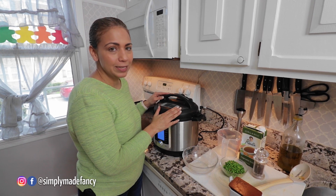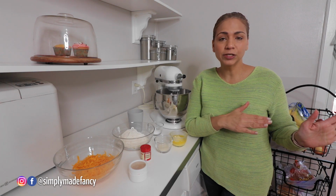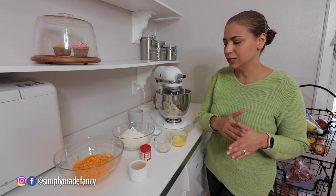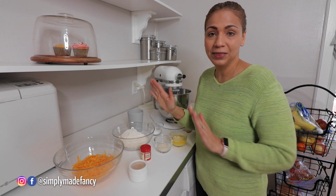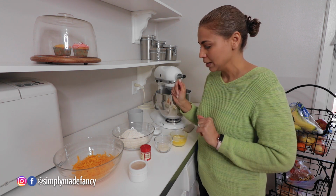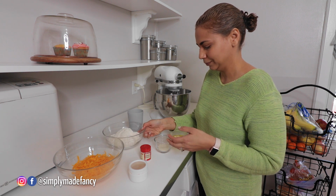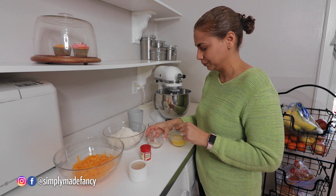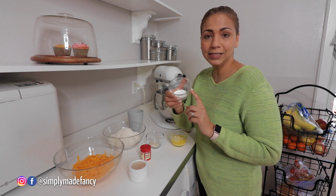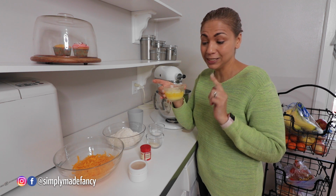So while the Instant Pot is doing its thing, making the soup portion, I'm gonna start on the biscuits. And these are the ingredients that you're gonna need. You're gonna need 2 cups of flour, 2 teaspoons of sugar, 1 tablespoon of baking powder, a half cup of melted butter,